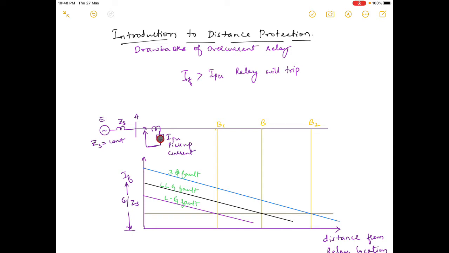That current transformer is given to your overcurrent relay. So overcurrent relay depends on only one parameter, that is current. It takes the current from the CT. We have set it for some IPU, which is the pickup current, and the signal is given back to the circuit breaker, correct. Now see, at this point,